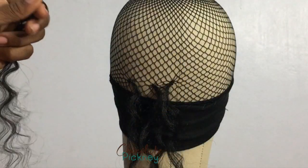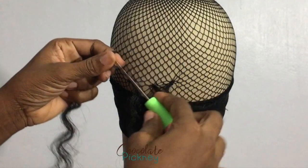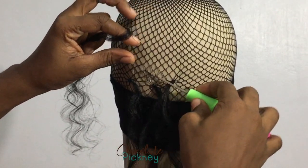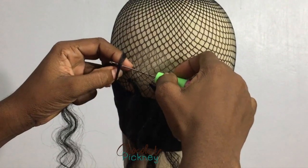I split the ear in a 3. You can do it in a 2. You can do it in a 4. But if you use it in a 1, you have to go tie it or glue it, because it will slide back out. Me, I go push the needle under the wig cap, pass it through about 5 strings,